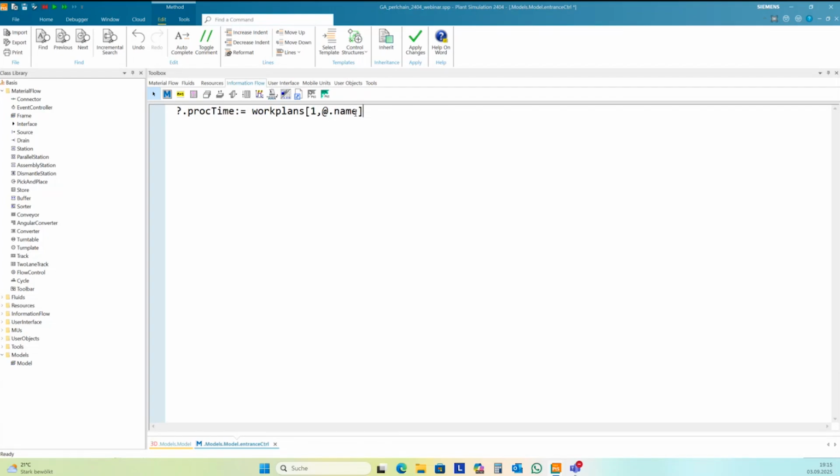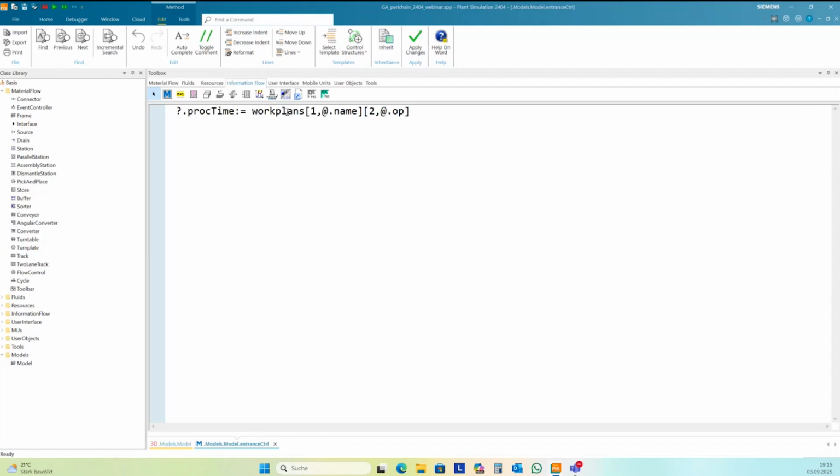And I find these proc times in my table work plans. First column, the name is my key for the row, and in the second column in the work plan, I find the process time, and I need one attribute for the operation number in my MU, and this I need to make.